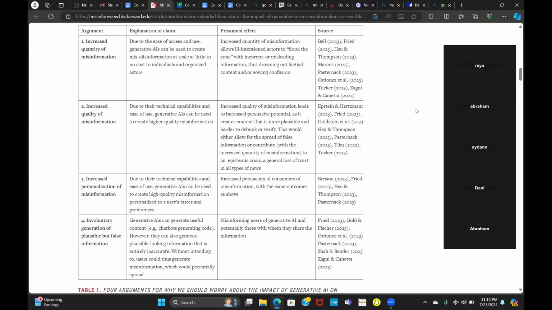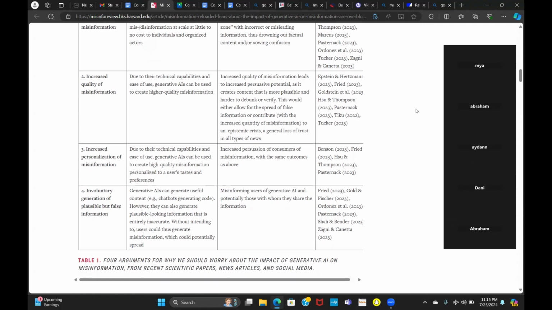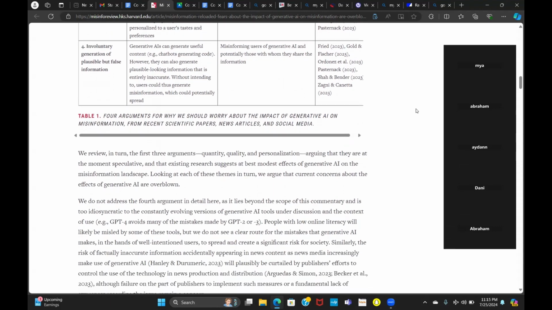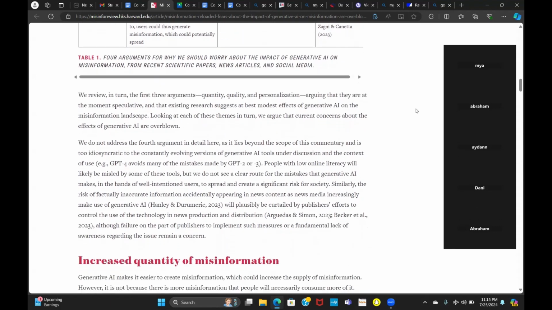Does anybody else have anything to add about this one in particular? I mean, if you scroll down, it goes more into depth about each section, each argument that it has, which I also thought was interesting when I read through it. Because while the table touches those certain points, it goes more into depth later on, which just supports the argument that we're making. Yeah, definitely.